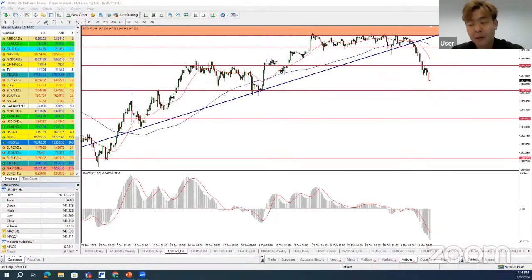To put it in simple terms, there will be chances for the Bank of Japan to consider increasing their interest rates. You can notice that recently the Bank of Japan has kept their interest rates in negative territory, which is like negative 0.25%. This negative interest rate environment is what we call the quantitative easing program.